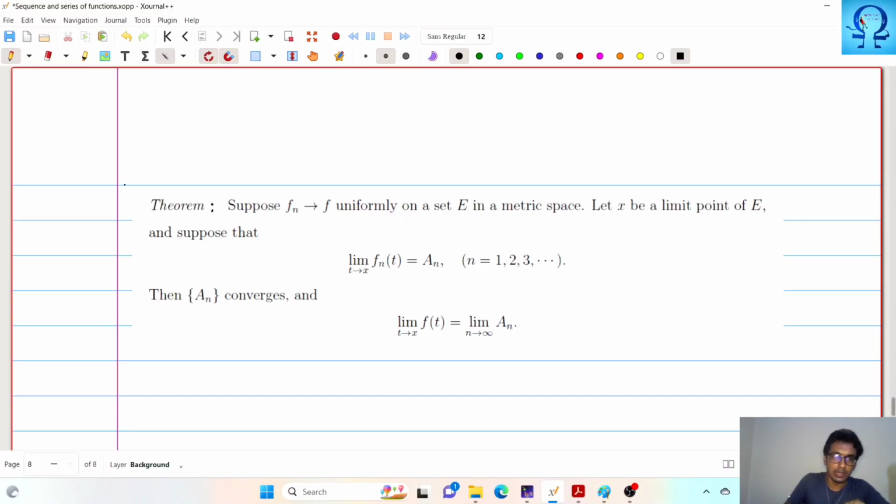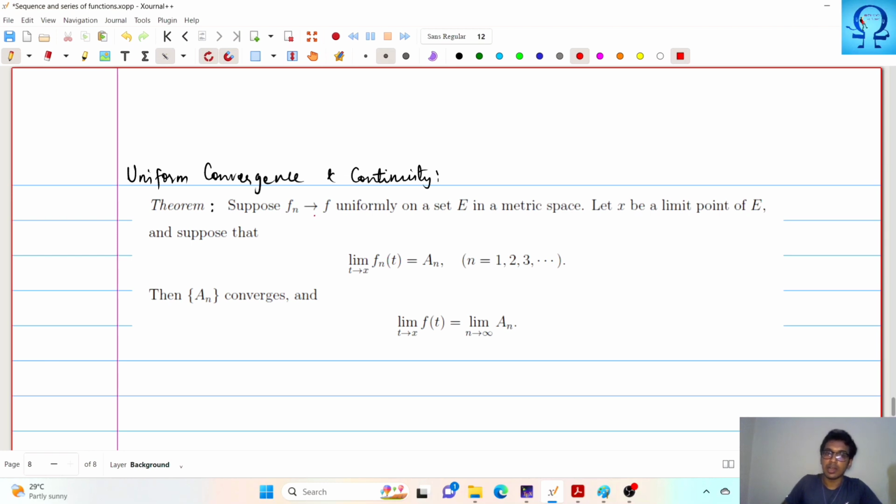Welcome back. Now we are going to discuss some results which relate uniform convergence and the continuity concept. We start our discussion with the theorem which says that if fn converges to f uniformly on some set E in a metric space X, and x is a limit point of that set E, and suppose that the limit as t approaches x of fn(t), which we are taking as an, then